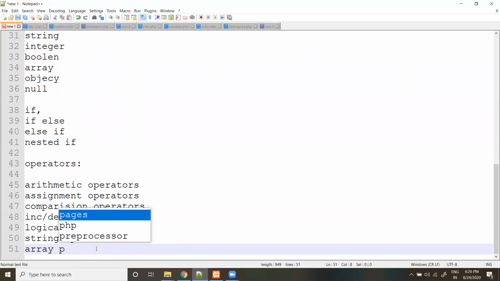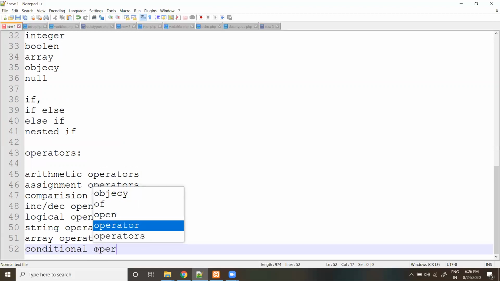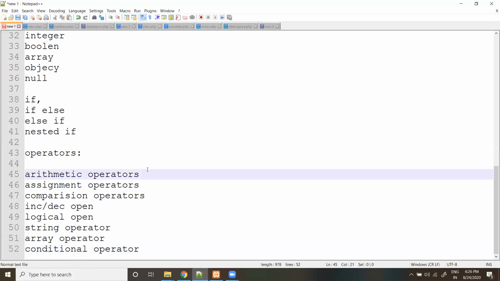I will say the names; you know them already, right? In arithmetic operators, we get addition, subtraction, multiplication, division, and modular division. Okay, these come under the arithmetic operators.